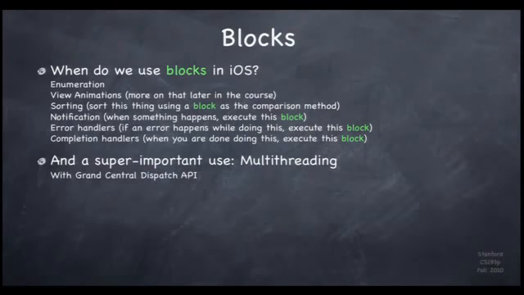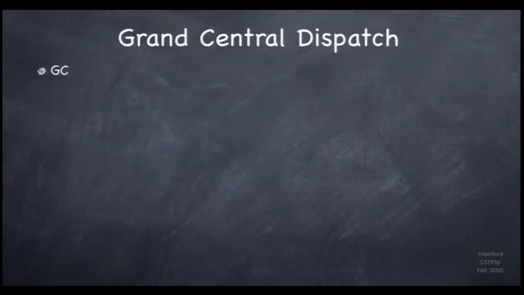The most important, well, not the most important, but a very important use of blocks, however, is multi-threading. Okay, so I didn't show you all that block stuff for nothing when it comes to multi-threading. We're going to do our multi-threading by essentially queuing blocks up to execute in other threads. Okay, that's fundamentally how we're going to do multi-threading. So let's talk about the multi-threading. The multi-threading is done with an API. It's a C API called Grand Central